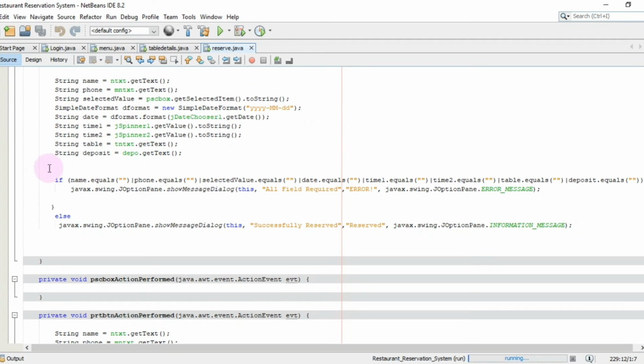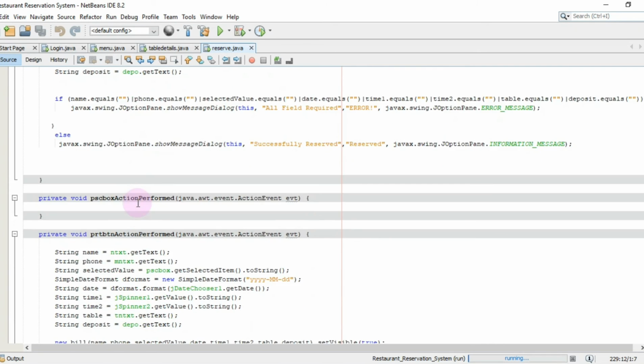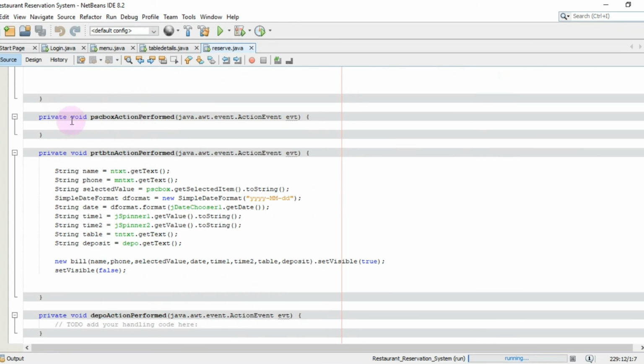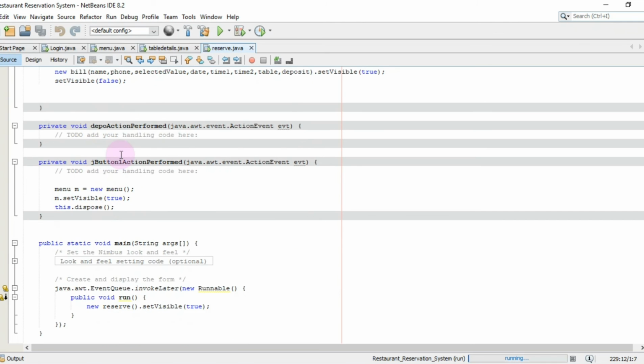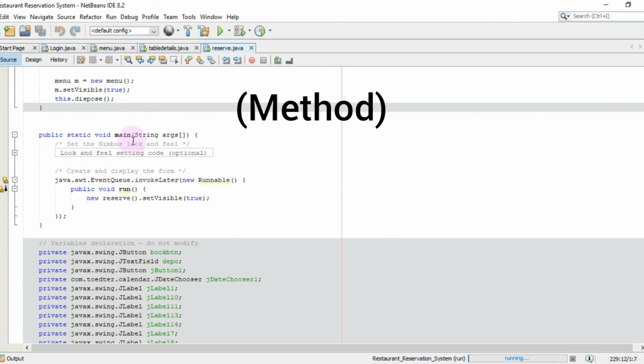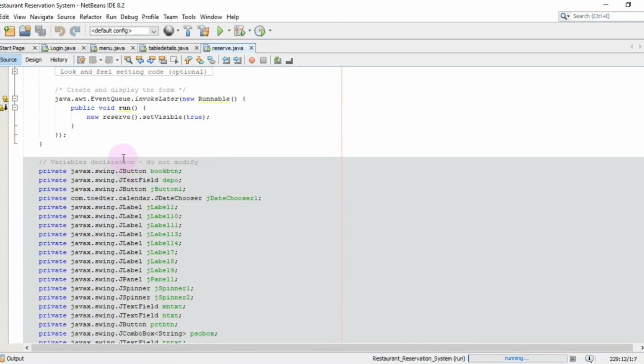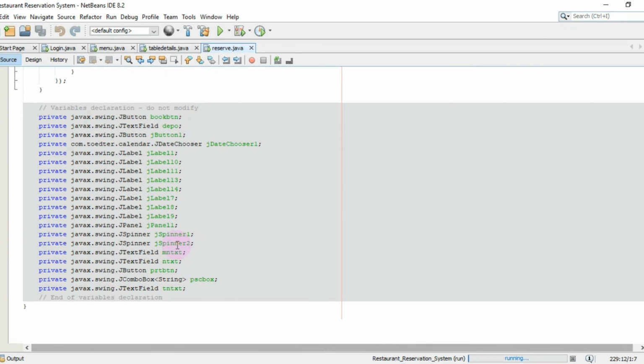Here I use if else selections, which is for the book reserve. There are three buttons, and I have already declared them. This is the calling method, and I have already declared the variables.